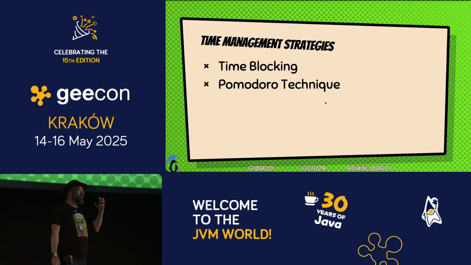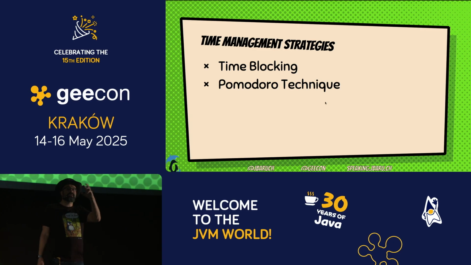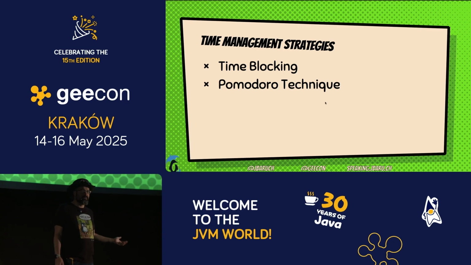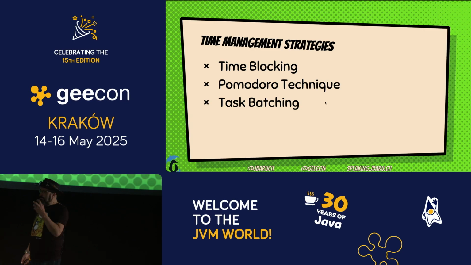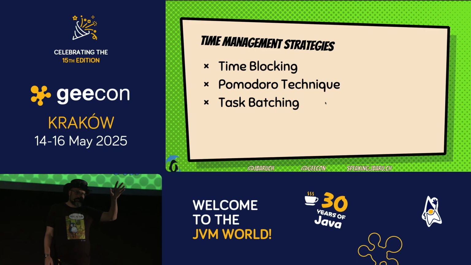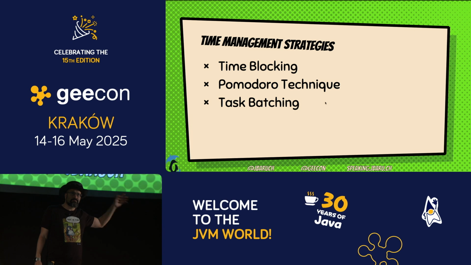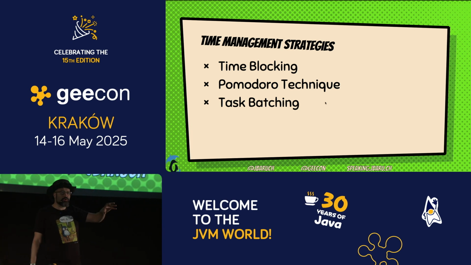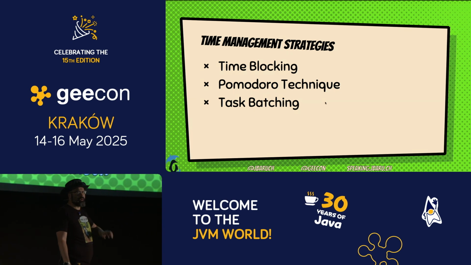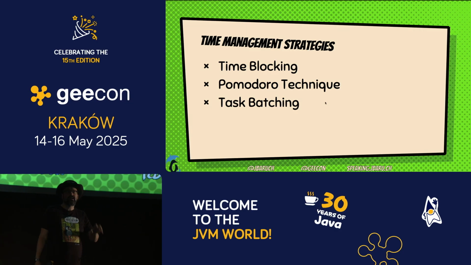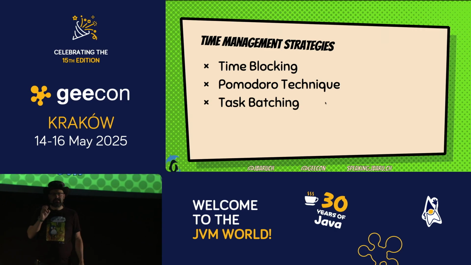The 25 minutes is the minimum time slot. If you are in the zone, you keep going. You keep going for 4 hours until they drag you out of the room. But at least 25 minutes. Task batching. Remember the triangles? Don't do that. If you do coding, you do coding. If you do puzzle solving, you do puzzle solving. Even if those tasks are different, pair them with similar tasks.